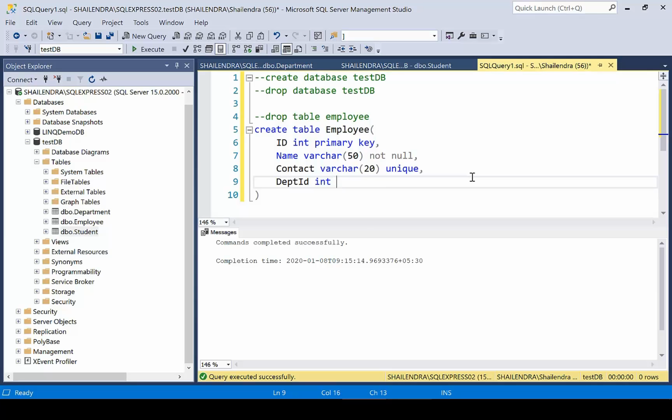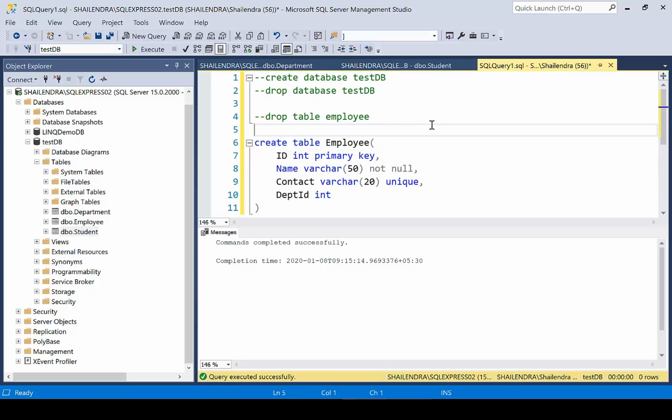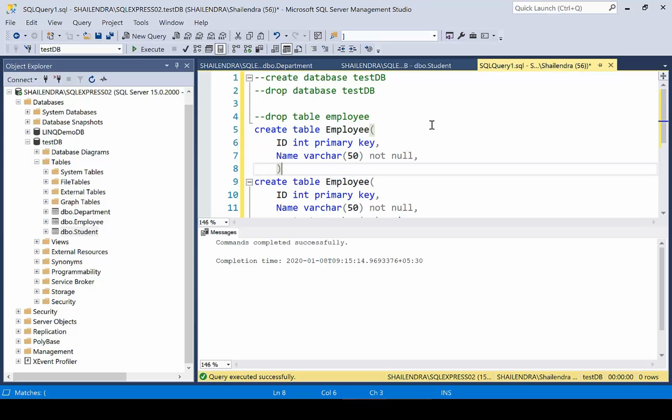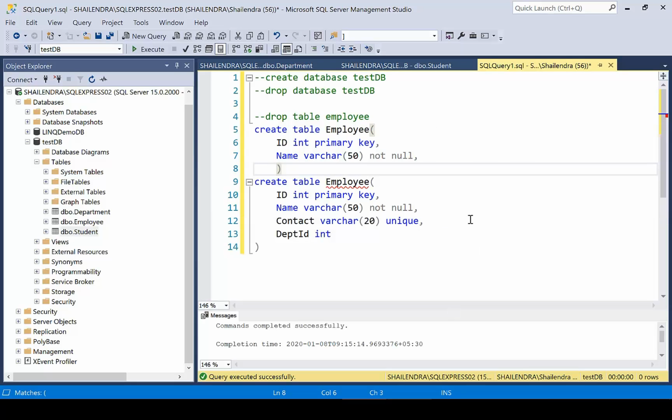Right now we have not specified any table script for the department. So let's create one more table script for the department. Right, we don't have any table for employee, we don't have any table for department. We are just writing the SQL script right now. So I'm using department, department ID, and department name.